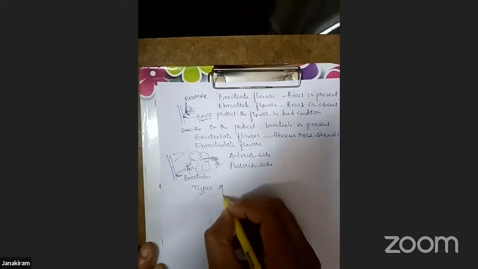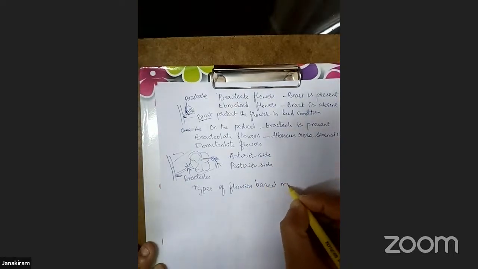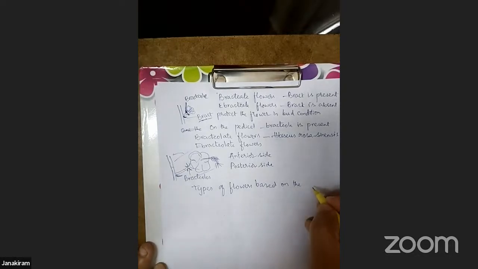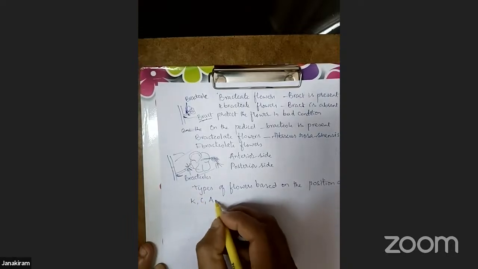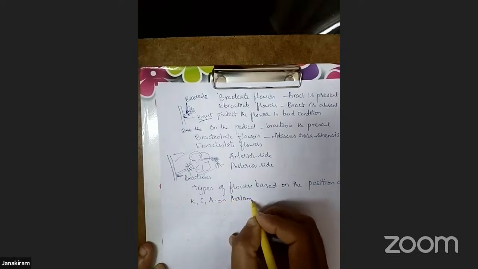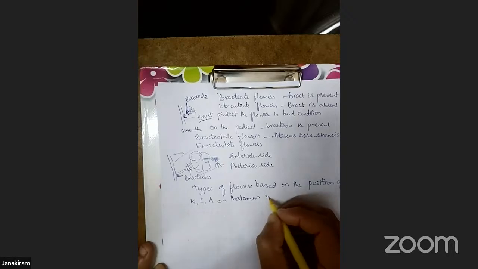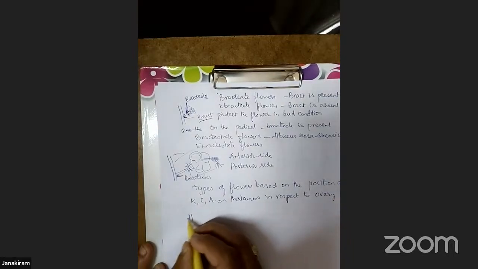types of flowers based on the position of calyx, corolla, and androecium on the thalamus in respect to the ovary. So there are three types. So starting with the first one,